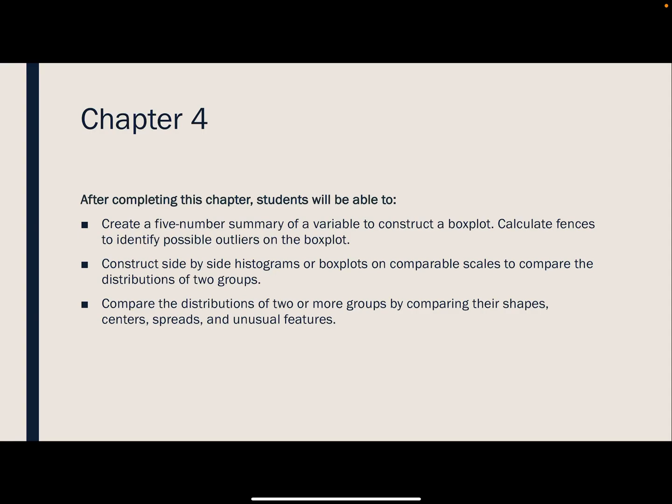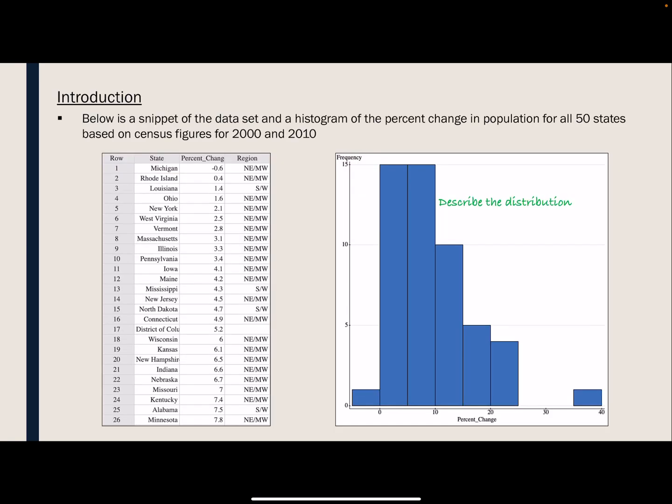Hi everyone. In Chapter 3, we compared categorical variables by examining contingency tables. But in Chapter 4, we're going to compare quantitative variables, and we're going to specifically look at box plots. I want to start, though, by just looking at a data set that I'm going to use throughout the videos